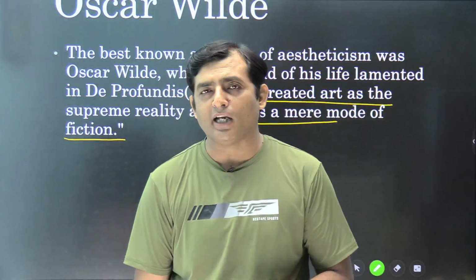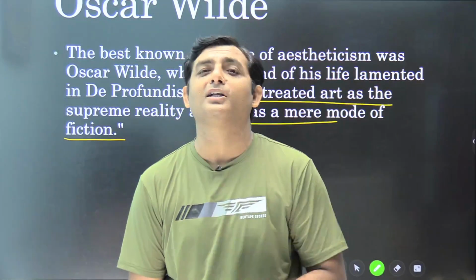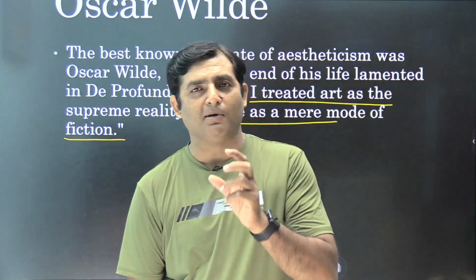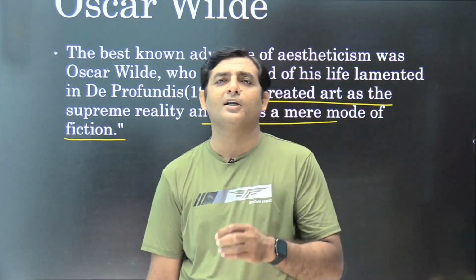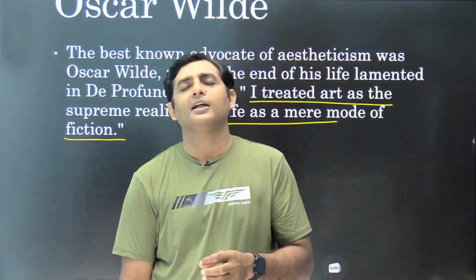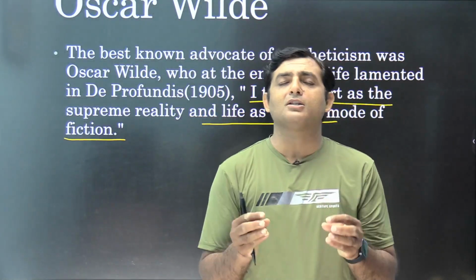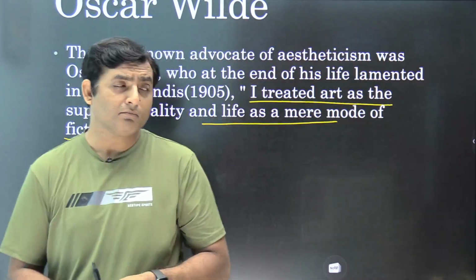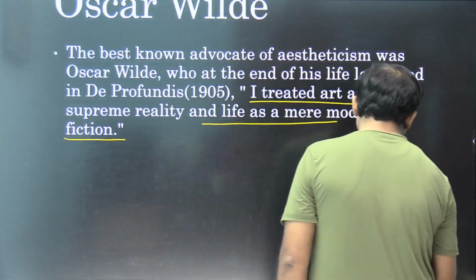and Mr. M.H. Abrams didn't mention this quotation of Oscar Wilde in his definition of aestheticism. I have added this quotation from somewhere else. Right? M.H. Abrams talks about aestheticism, he talks about Immanuel Kant, he talks about the French philosophers, he talks about Walter Pater, and he talks about the art for art's sake movement. Right? और एक पॉइंट बीच का मिस हो गया है। अभी और आगे आते हैं।